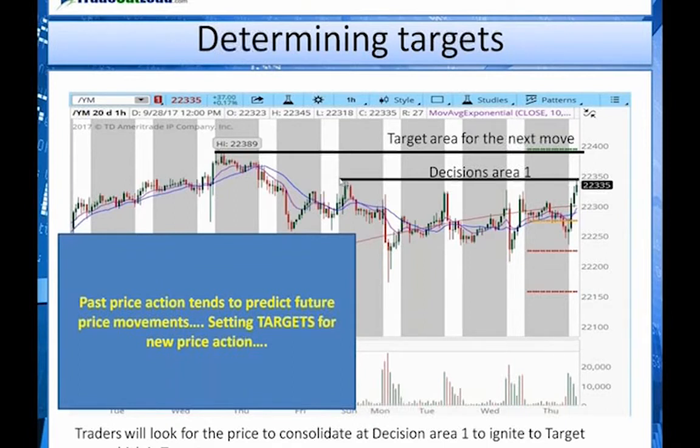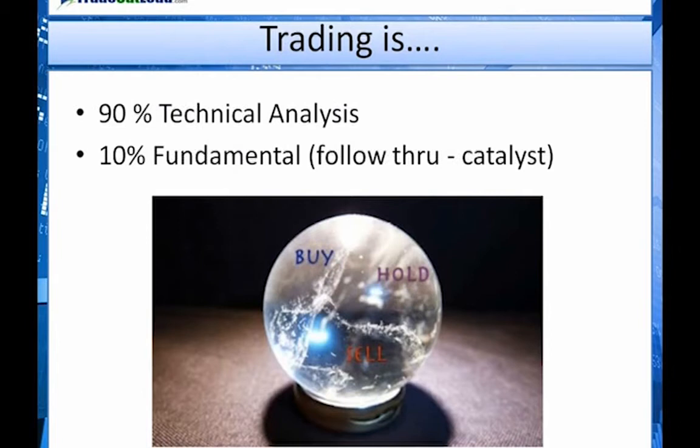Keep in mind that the left-hand side of the chart is going to give you clues on what the future is going to bring, but you need to know on what time frame to look in order to get a better entry on a smaller time frame. So all you need to do is correlate a larger time frame to a smaller time frame, and this is the finesse. This is where knowledge comes in, and this is how you're going to balance it. And once you know how to master this, there's nothing that is going to stop you, because technical analysis is